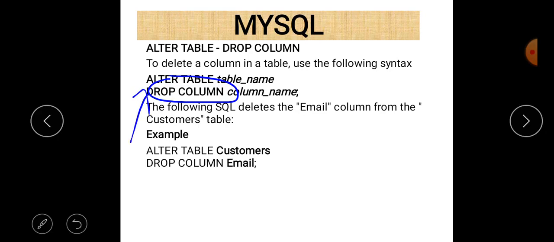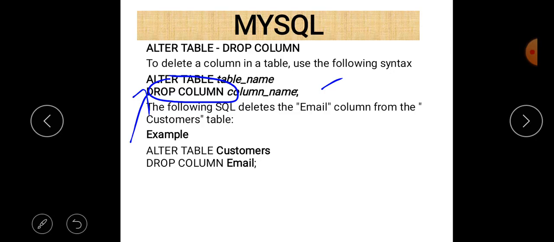So we write drop column and then the column name. So: alter table, table name, drop column, and column name.